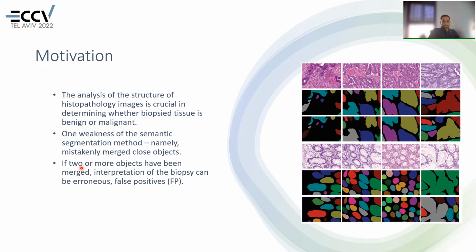The analysis of the structure of histology images is crucial in determining whether biopsy tissue is benign or malignant. One weakness of the semantic segmentation method is mistakenly merged closed objects. If two or more objects have been merged, interpretation of the biopsy can be erroneous, a false positive. As we can see in the figure,